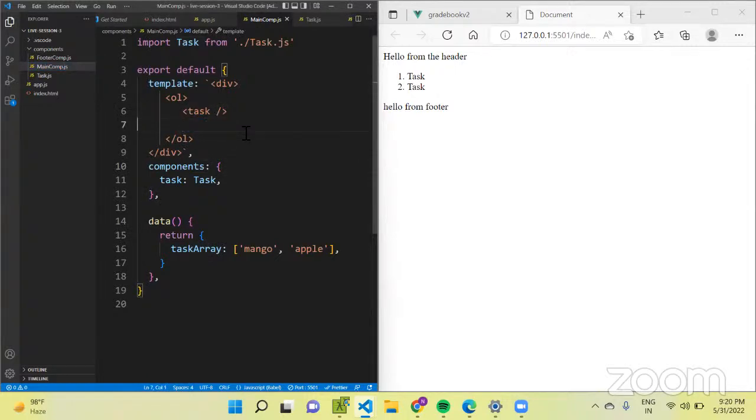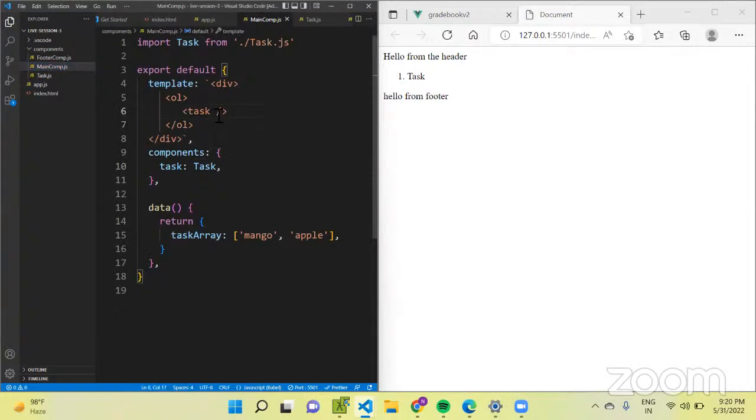So let's say I want to iterate over the task array, and for all the items inside this task array, I want to create a task component. So the way I can do it is v-for,